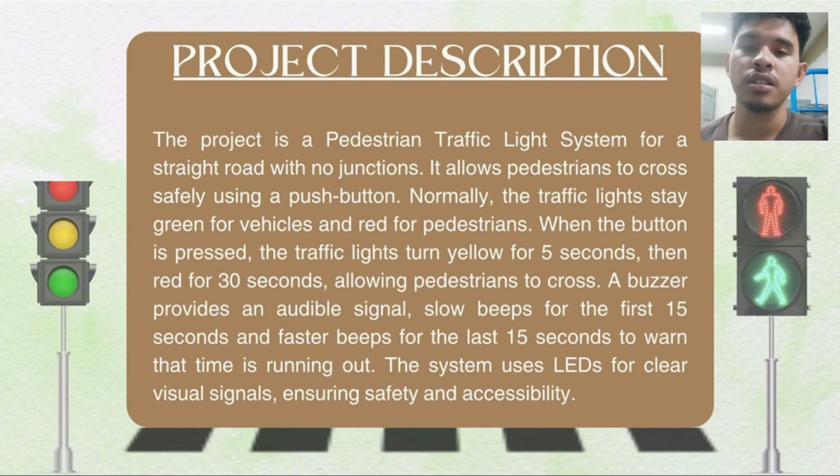Next, project description. The project is a pedestrian safety light system for a straight road with no junction. It allows pedestrians to cross safely using a push button. Normally, the traffic light stays green for vehicles and red for pedestrians. When the button is pressed, the traffic light turns yellow for 5 seconds, then red for 30 seconds, allowing pedestrians